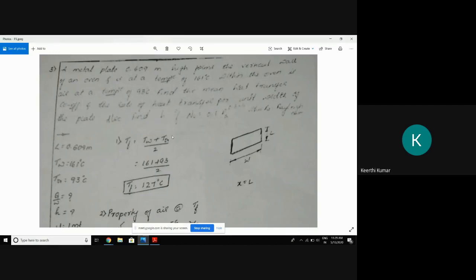I told you in the previous class, he will give the Nusselt number by himself. So in this problem, there are two cases. One is with the standard procedure, find out the value of h and Q. And in the second case, take the value of Nusselt number as 0.1 into Ra to the power of something, which he will give. With respect to this, you find out Q, where Ra is the Rayleigh number he has given. We will see the second case later.